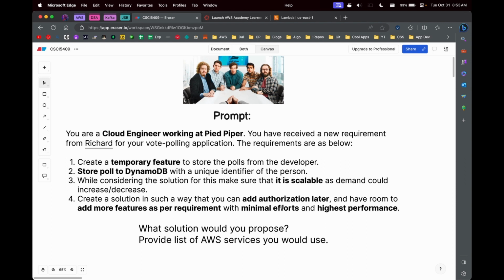Okay, so one argument is Beanstalk and one is Lambda. So which one is scalable? So are both scalable? Okay, and does the demand automatically increase or decrease in both of them? Okay, and it says you have to have temporary features. So which is better for temporary feature? Beanstalk or Lambda? Okay, and then minimal efforts. So Lambda. So Lambda will be a good choice for solving the APIs, but then it asks for the